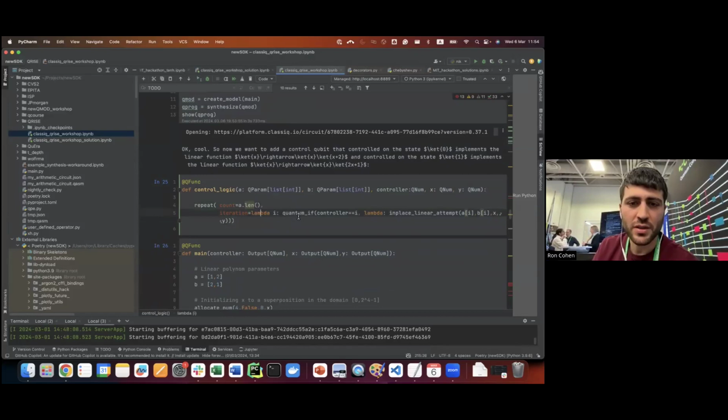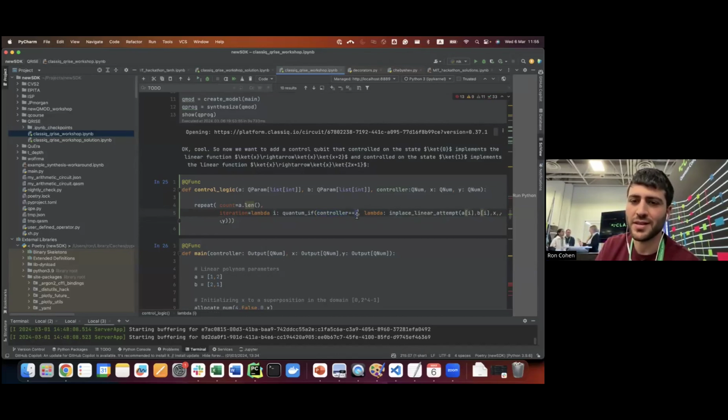So what I do is use the quantum if operator, which takes this expression, and we have to check the controller value. For each layer in the repeat, which is also a new operator, I have here the index. So I can repeat, let's say a.len is the length, let's say this is the number. So let's say I repeat 5 times. So i is running from 0 to 4. And for each iteration, I do